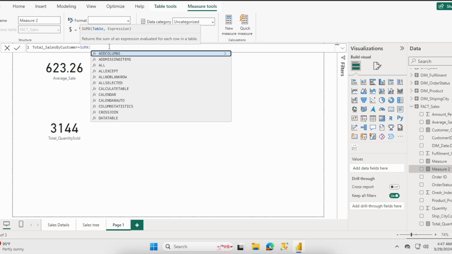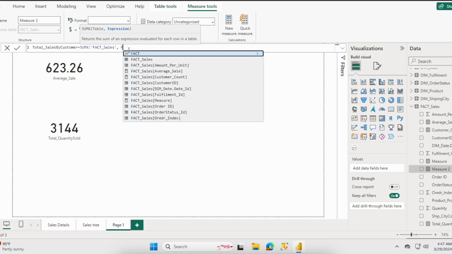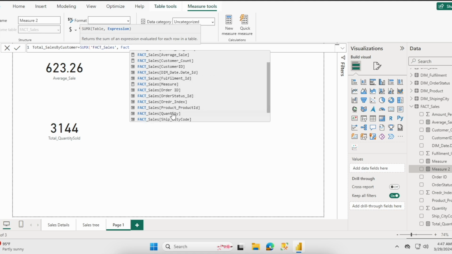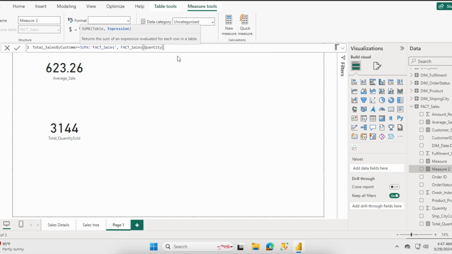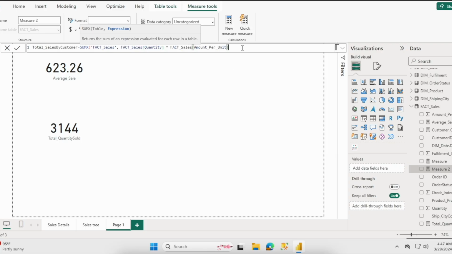Our table is fact sales, and then the column which we are going to use is fact sales quantity, and then we have to multiply this with fact sales amount per unit, and close this one, enter.